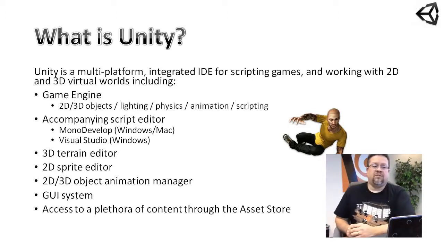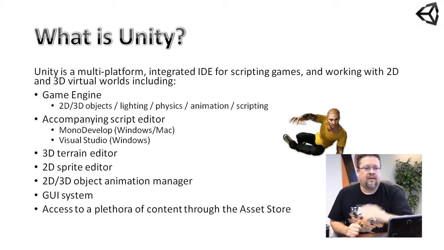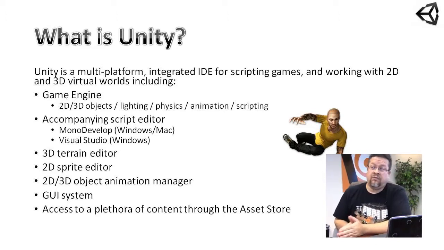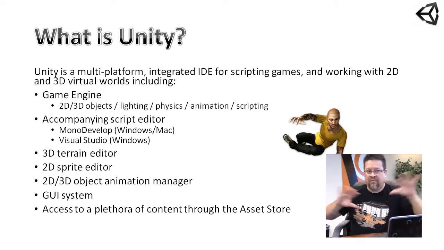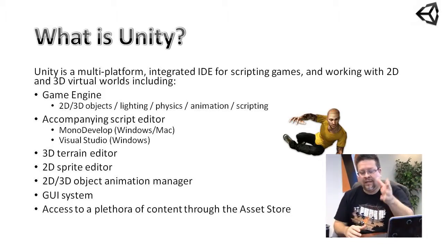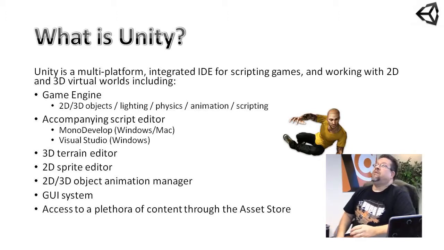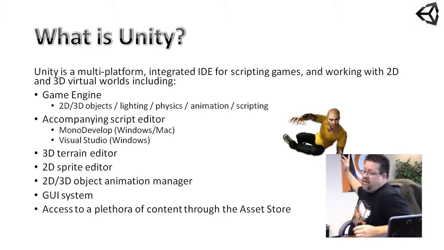But that's some of the terms that we'll talk about. The game engine in and of itself supports both 2D and 3D objects. As of 4, we now have a separation between the two. You have lighting, and I think there's 4 or 5 different styles of lighting: directed lighting, omnipresent lighting, area lighting, point lighting, and each of those are important. So if you wanted to have, in a castle, a firelight, that would be a point light, and it